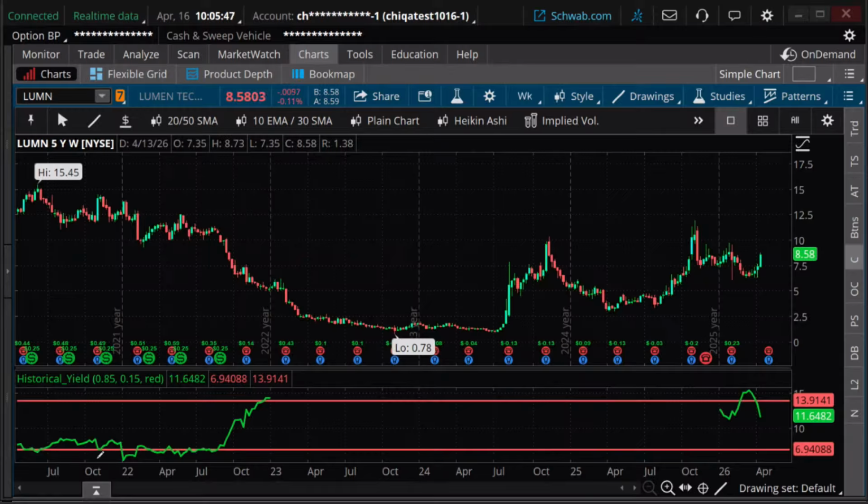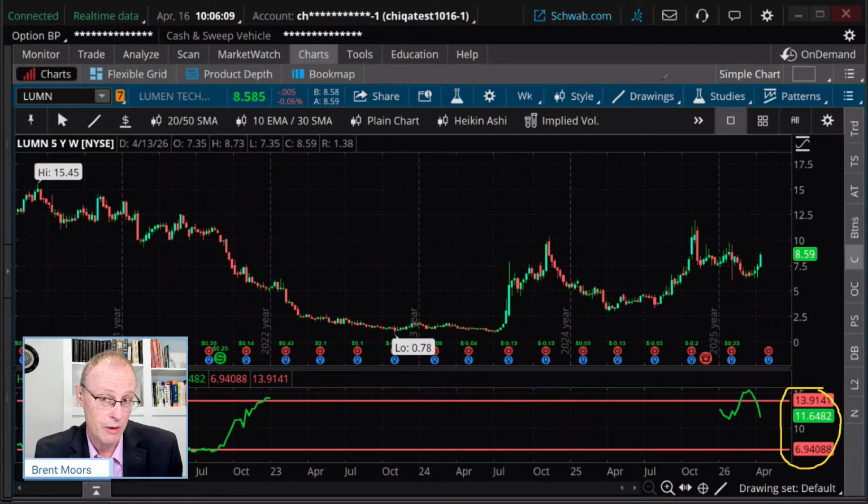So this down here is showing the historical dividend yield of this particular stock, Lumen Technologies. And you can see over here kind of the scale. And the scale may throw you off a little bit because when you look at it, you're going to say, these are really high numbers. Yeah, they are really high numbers. If the average dividend yield is 1%, maybe a little bit north of that, these numbers may seem outrageously high.